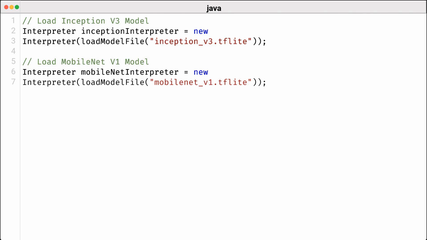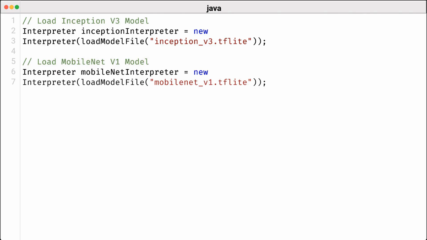Next, we introduce the Mobilenet interpreter similarly, pointing it to the Mobilenet v1 tflite file. Through this method, we ensure that both models can operate within our application, allowing for flexibility depending on the specific needs of our tasks. The ability to switch between a high-accuracy model and a more efficient one demonstrates the contrast between computational demands and performance, key factors to consider when developing mobile applications. This code snippet is crucial for enabling model inference and further manipulations in our project, paving the way for effective